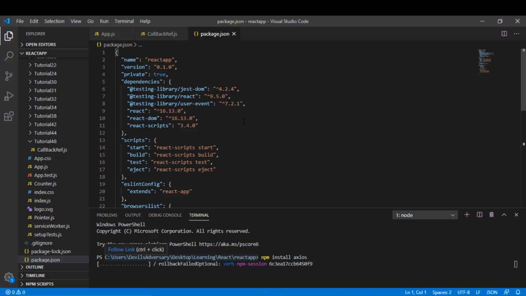So that's all from this tutorial. In the upcoming tutorial, we will see how to use HTTP GET. And this installation is going to take some time, so I'm just going to skip. But make sure that you run the npm install axios command over here, which would install the Axios package, and verify that it is automatically getting added in dependencies or not.